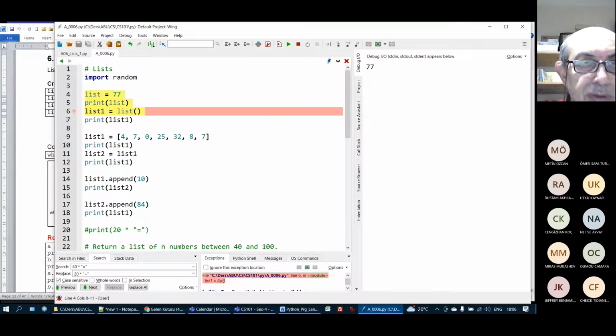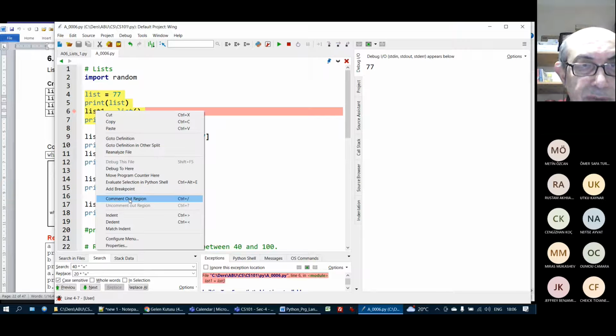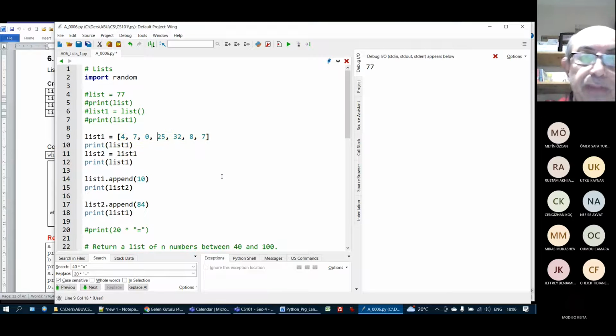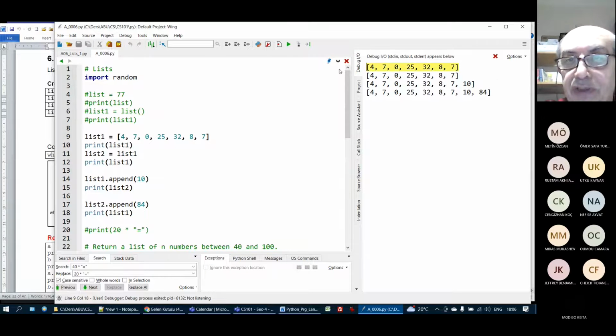Sorry, let's go here. Let's comment out this region. How can I create a list? I can create a list by using square brackets. Between square brackets, I can put a number of values. They can be either all integers, all float values, or strings, or we can also have a mixture of them. Let's run this program. I have created this list here, but I can also have, for example,